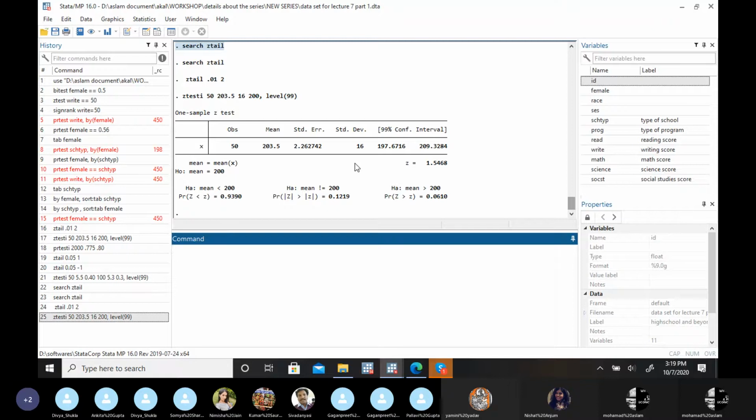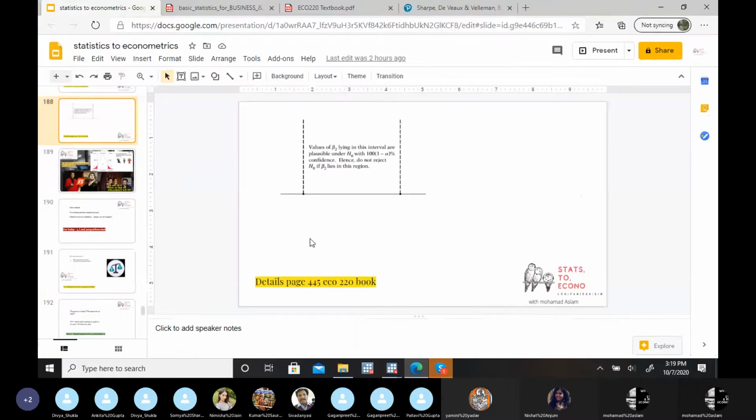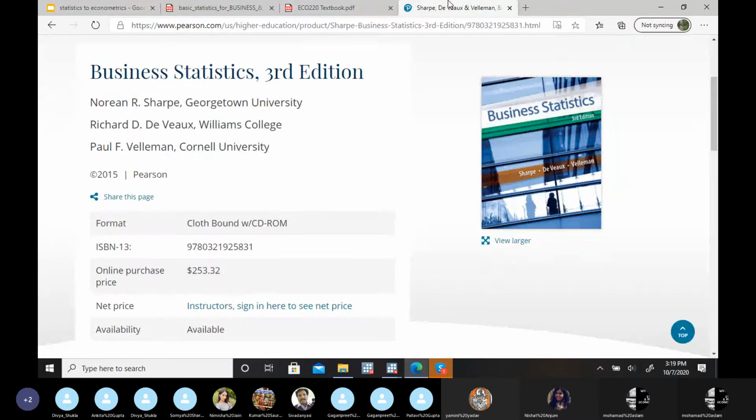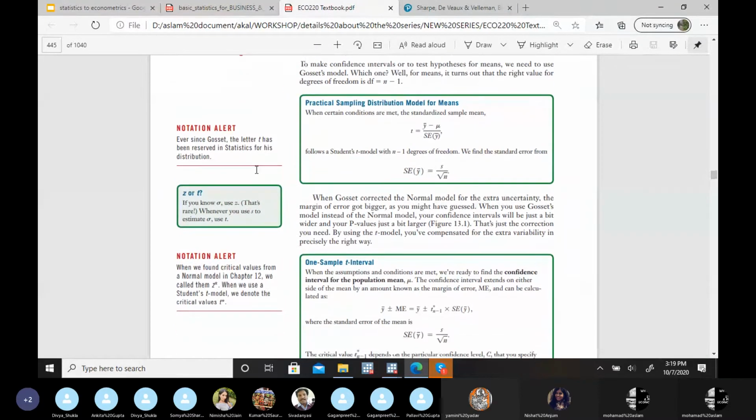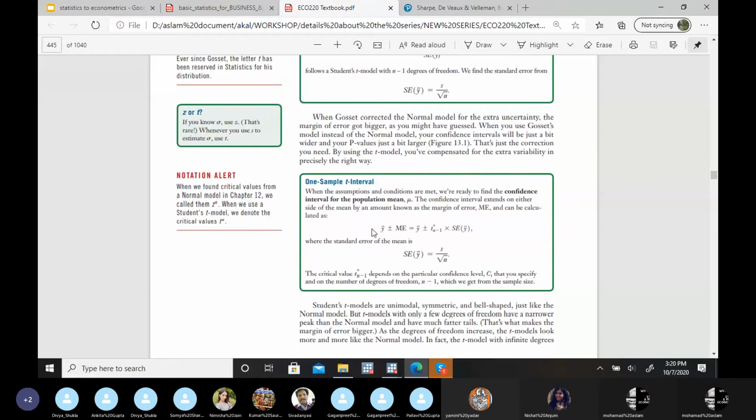So I was trying to explain the confidence interval approach that yesterday was left. So let's first see what this confidence interval approach is. Don't try to see whether it's a t-test or z-test. The confidence interval approach is the same for all, only values will differ. It will calculate a range with your sample mean plus minus whatever statistic you have, z or t, multiplied with the standard error or standard deviation of that particular mean.